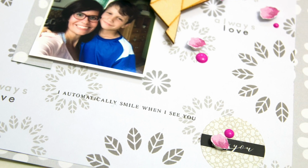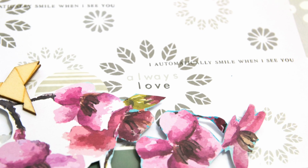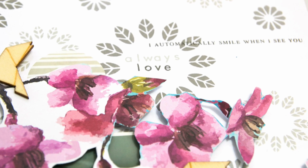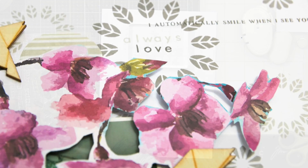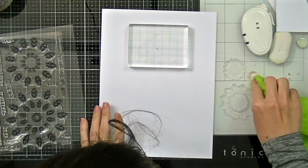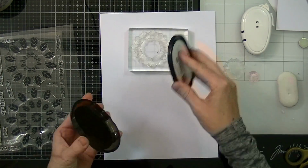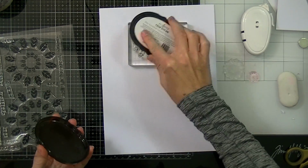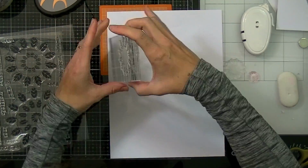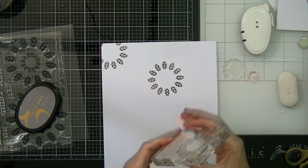Now you're being spoiled today because this is my second video featuring the Leaf Medallion Stamp Set. With this new set I'm going to put the focus on this lovely design which we have here. In my first video I created a wreath using all of the leaves, working my way from the largest one to the smallest one, but now I'm going to use them separately, and I'm using the new Gentleman's Grey